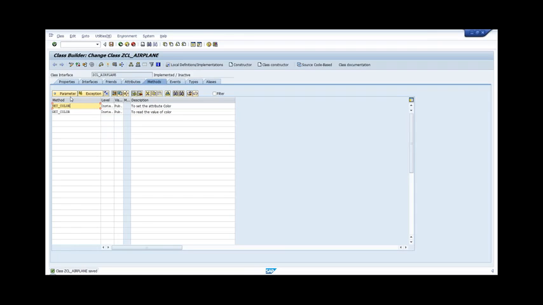Select the set color, click on parameter. See, this is just a function module. Imagine this is a function module. So every function module will have import, export parameter. Similarly, here I can have for every method different import and export parameters. So first I select my set color method,